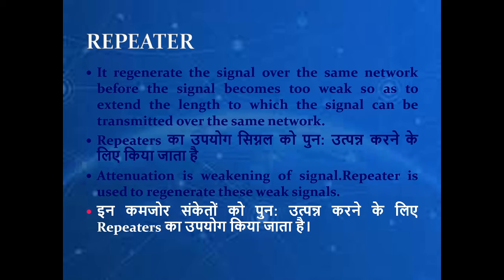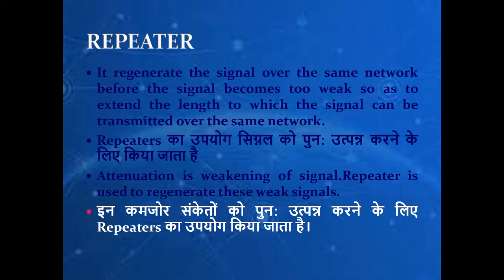Remember, once the signal is lost, the repeater cannot be used to regenerate it. If the signal is weak, then the repeater can be used to regain its strength. But if the signal is completely lost due to weakening, then the repeater cannot be used. So repeater must be used before losing the signal completely. Okay, so